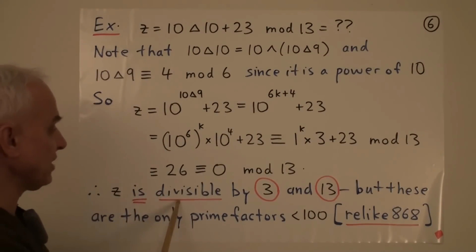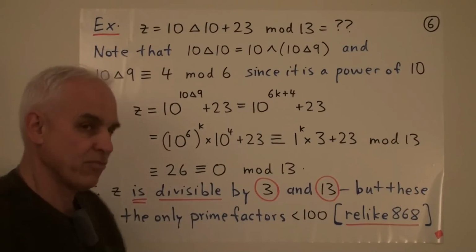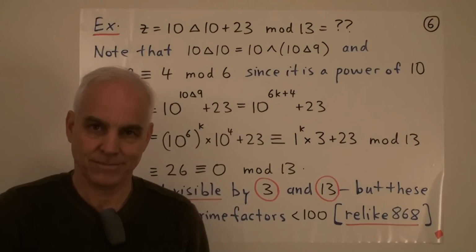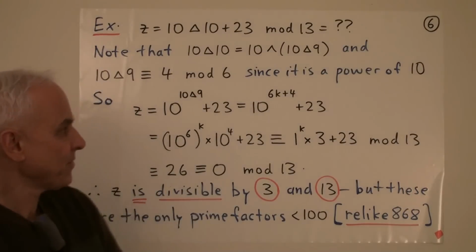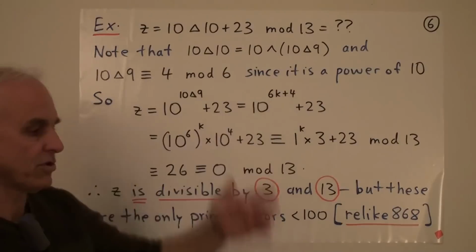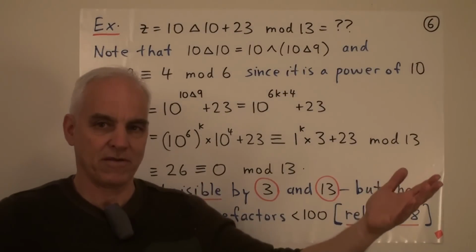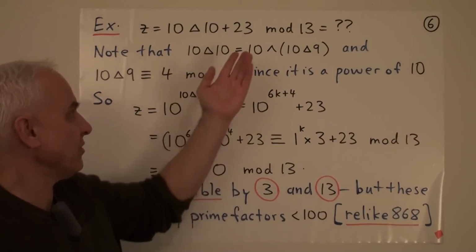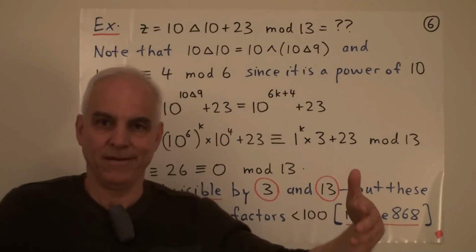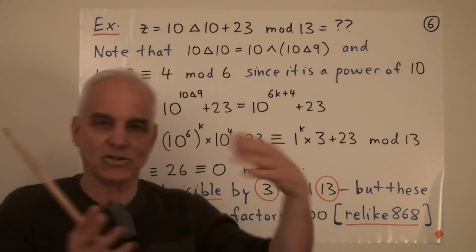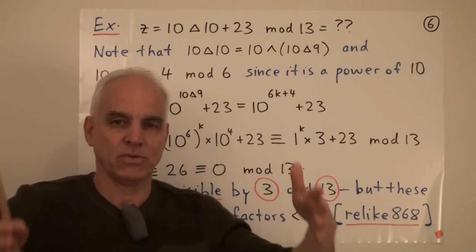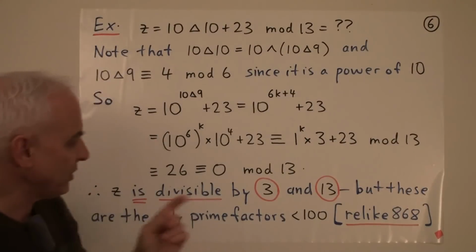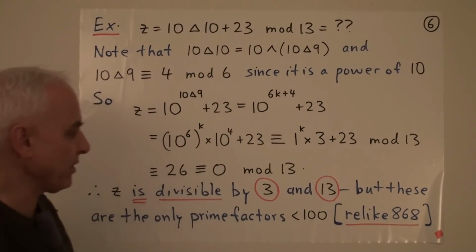So z is actually divisible, not just by the prime 3, but also by the prime 13. So we found out that even though this number is so huge, there's no way we could write it out in Hindu-Arabic form, and there are big problems in actually trying to explicitly divide it by 13. Nevertheless, we can use this indirect argument, this computation which is really done in the language just of modulo 13. We can deduce that this big Z is actually divisible by 13.